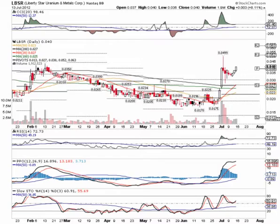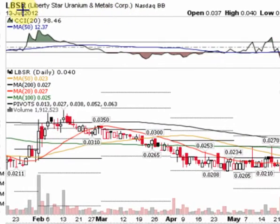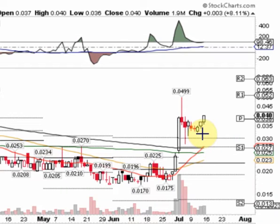Today we're going to be looking at Liberty Star Uranium Metals Corp., ticker symbol LBSR. And today is Monday, July 16th. We've been talking about this one for a while in our newsletters and on the message boards. And you can see why: the past three sessions we've seen higher highs and higher lows, confirming that we're in